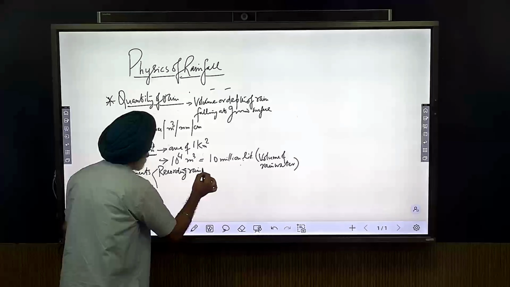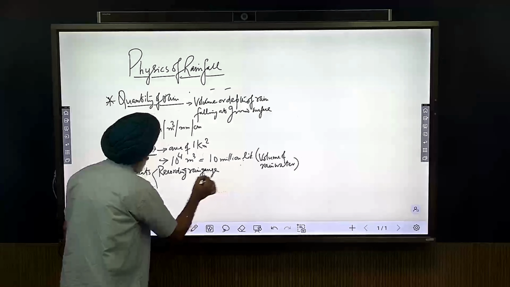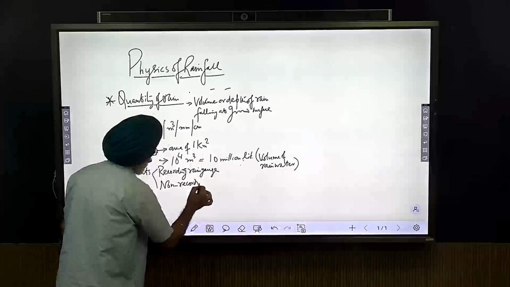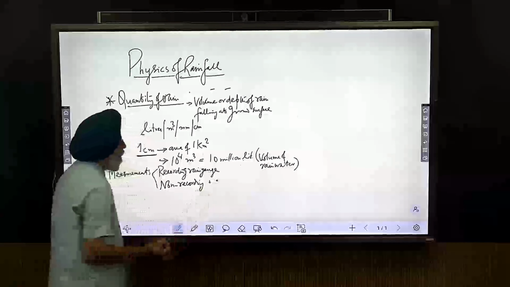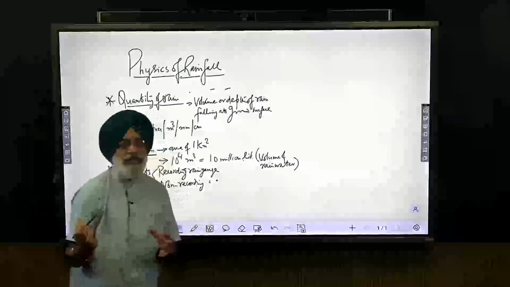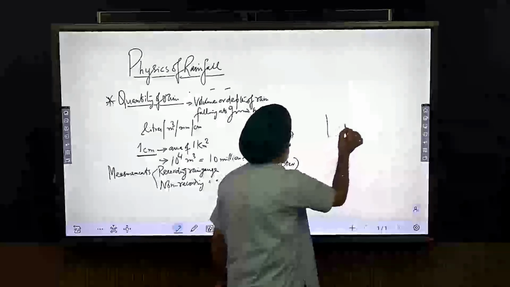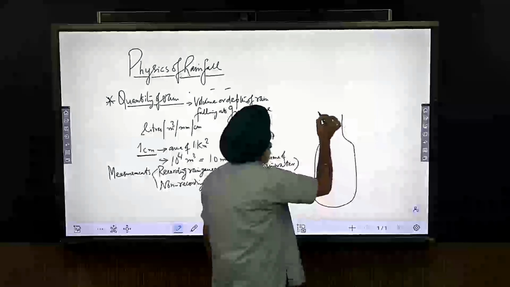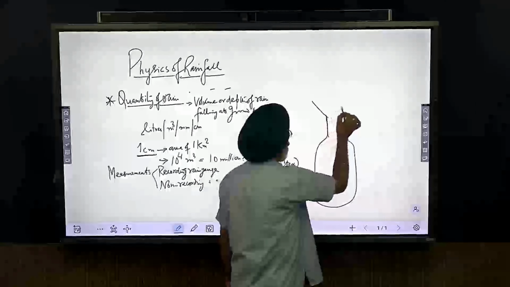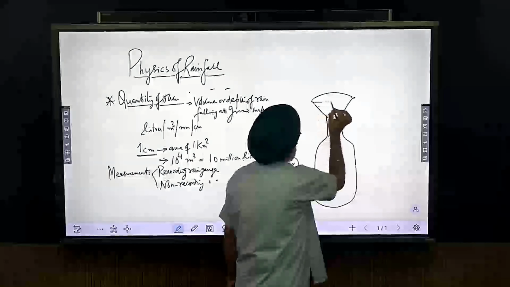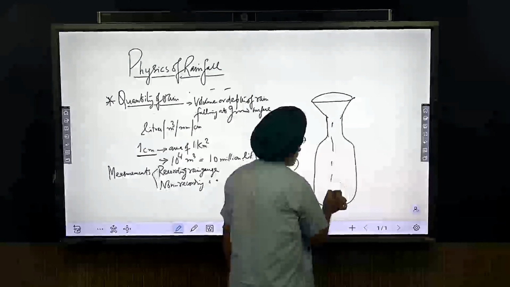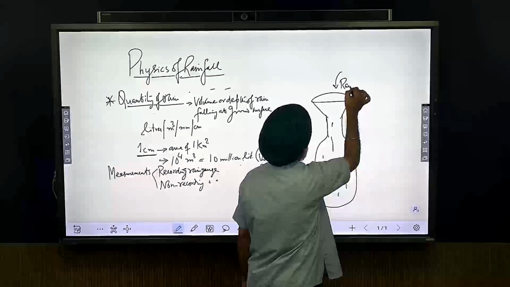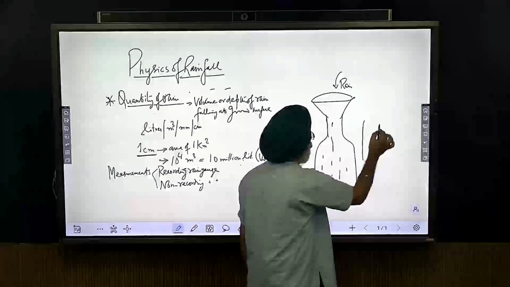Recording rain gauge and non-recording rain gauge. Now, non-recording rain gauge is simply a container. If this is the container and here its upper part has a funnel, so water is collected over here. So, rain water gets collected in this container and you can measure it with simply